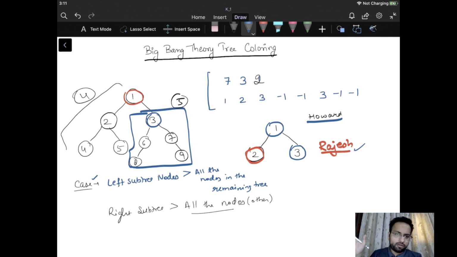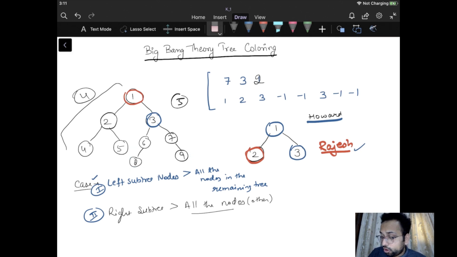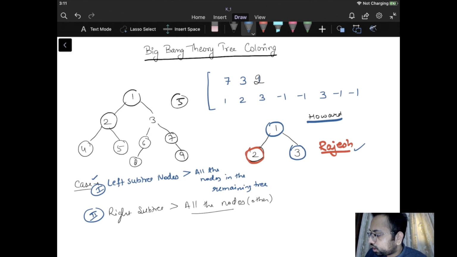So these are two of the options, right? But there is one more case that can occur. This is the first case, this is the second case. It's not mandatory that Rajesh is going to choose the root node. What if he chose a node somewhere in the middle? I will not always check only the left subtree and the right subtree. What if he does not choose the topmost node? It's possible, right? In that case, I won't simply check the left subtree and the right subtree. What do I need to check in that case?